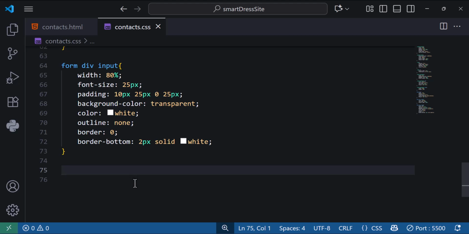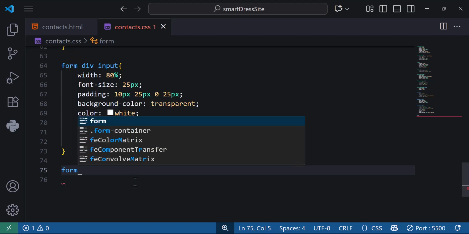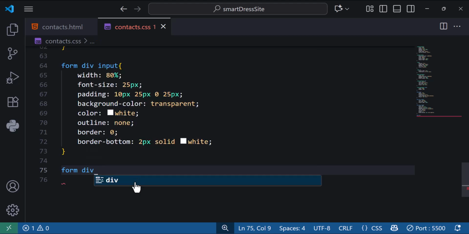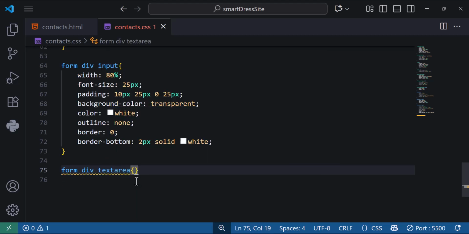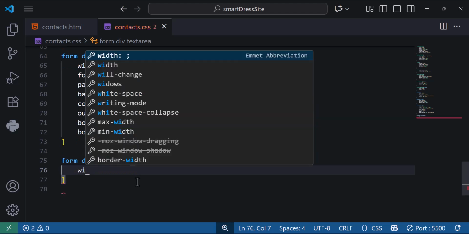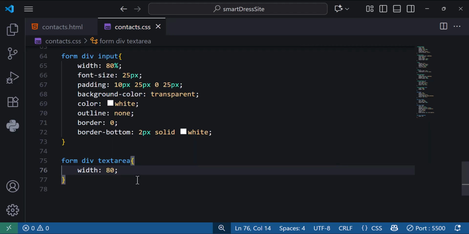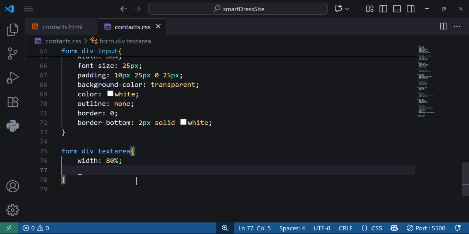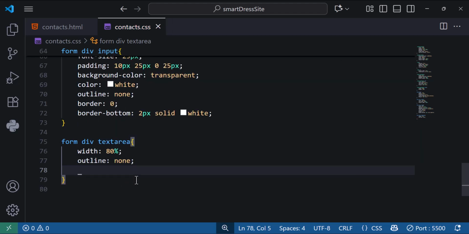We're going to say form. Again, I'm saying form instead of from. I'm going to say div and then textarea, and we're going to style it. We'll say width. We just want it to have the same styles as the inputs, and outline none, and border,